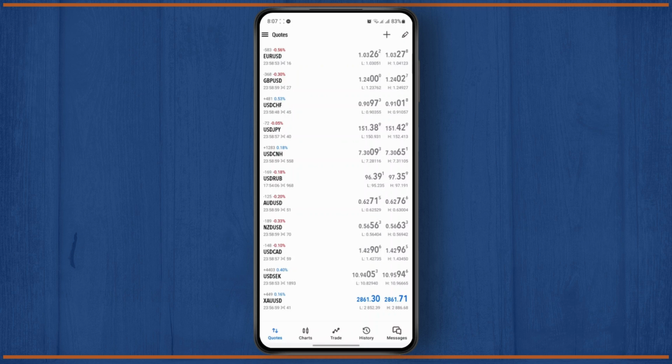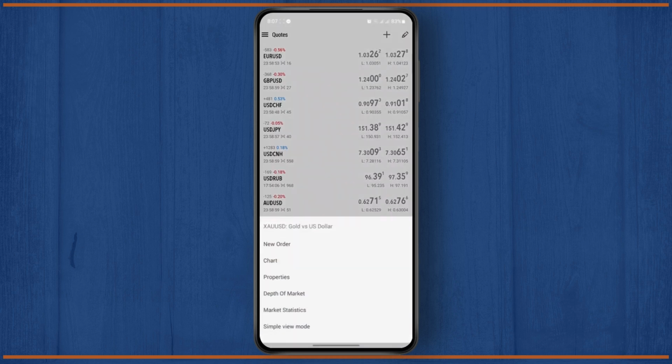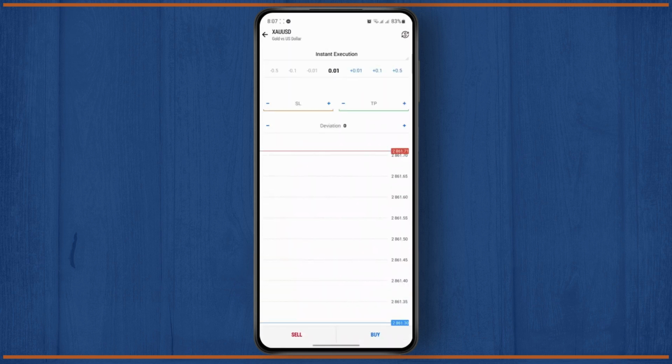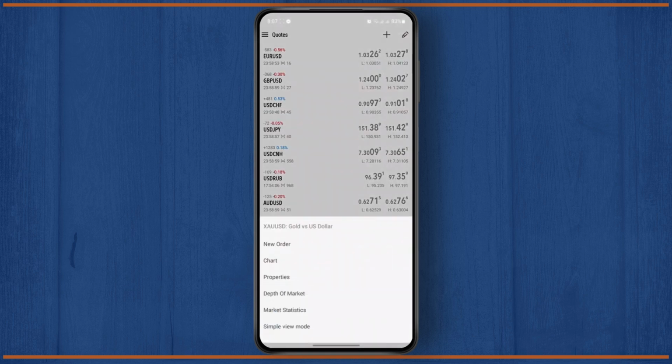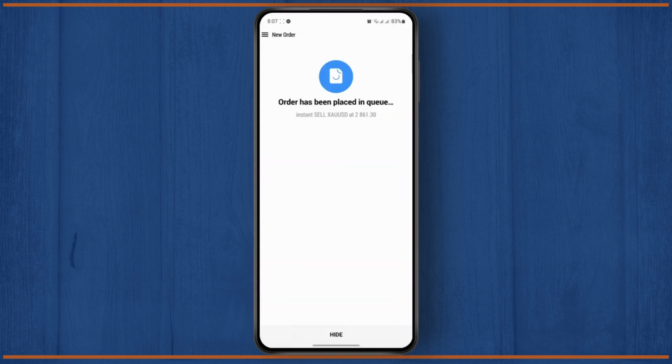So you can just go back. Now you will find this option right here that you just added. So you can just tap on it, and then from here you can just click on new order. And if you want to purchase it, you can just click on buy. And then if you just want to sell this, you can just go to new order and tap on the